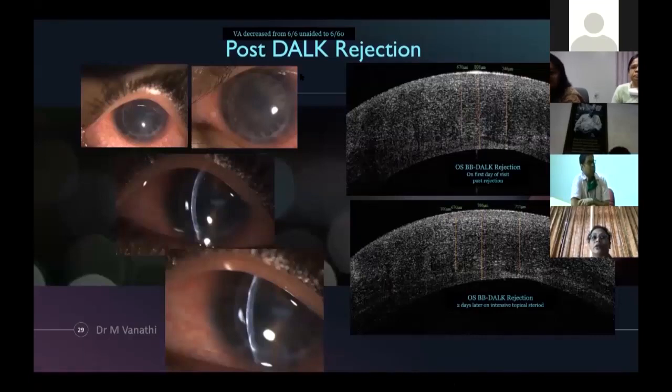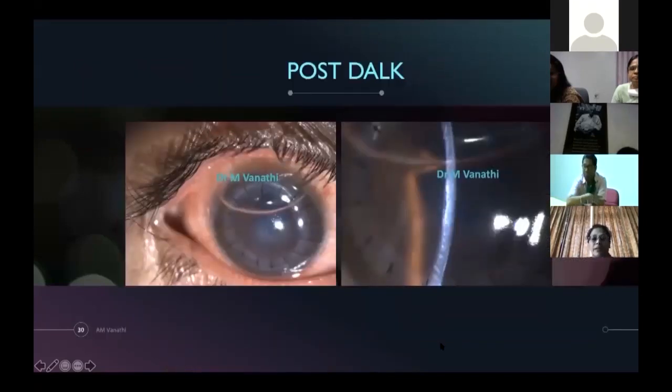Another important role is in identifying post-DALK dissections. These could be very subtle in the earlier cases, and when missed, they come back 3 months later, you would have a near hazy or opaque graft from your hands. So that helps you pick up, when you look at the thickness of the stroma in cases of your DALKs and compare them on serial follow-ups, you will be able to pick up your early stromal rejections as well here.